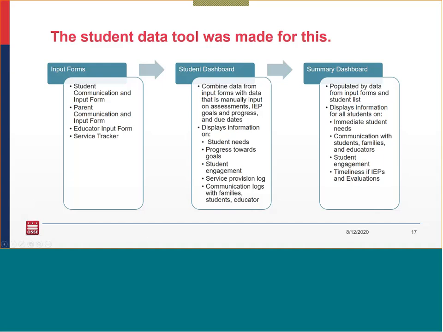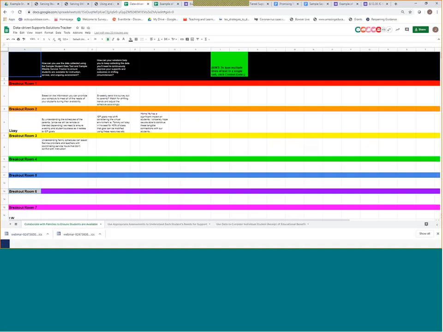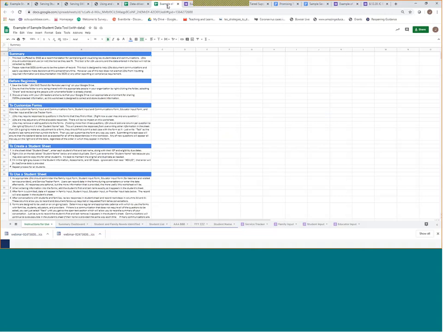Okay, so I'm going to show you what I've been talking about here. All right. Can I get a green check if you see the example of the sample students data tool with data on your screen? Big Google sheet. A green check if you see that. Thank you so much. So the first thing we're going to do is we're going to look